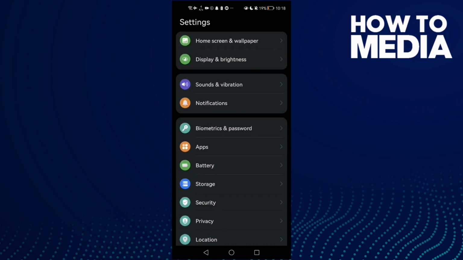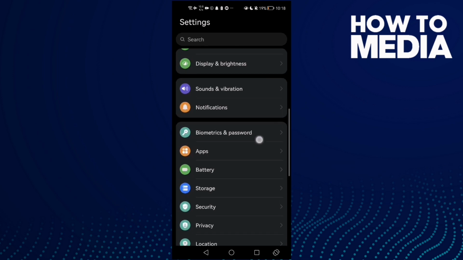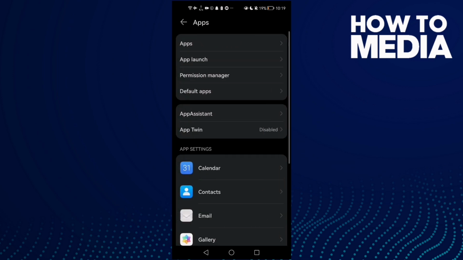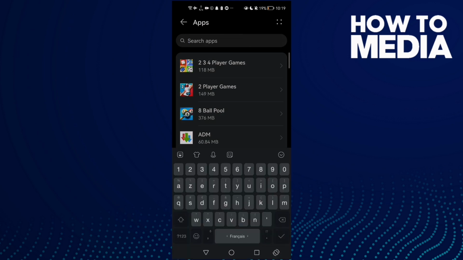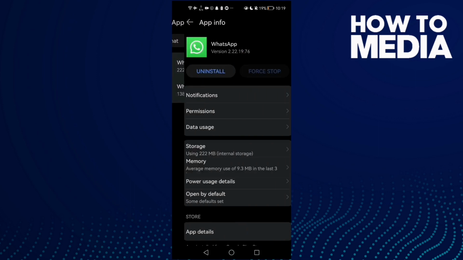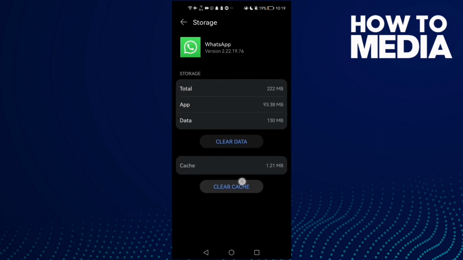First, open settings and then scroll down until you find apps, and then apps again. And here just type WhatsApp. And first thing, go to storage, clear cache,